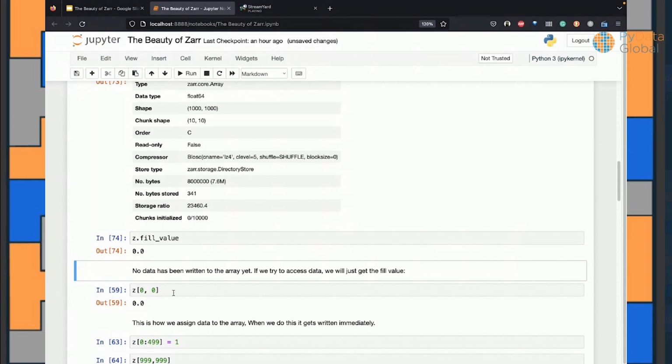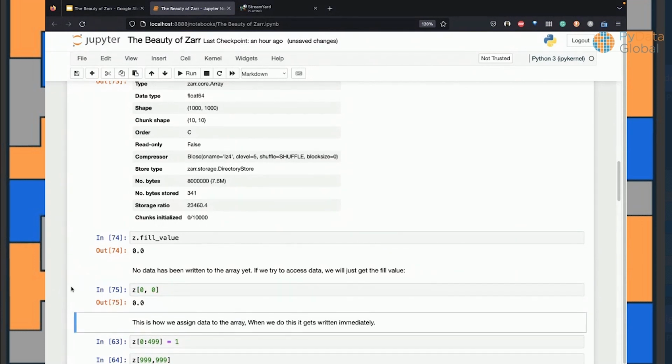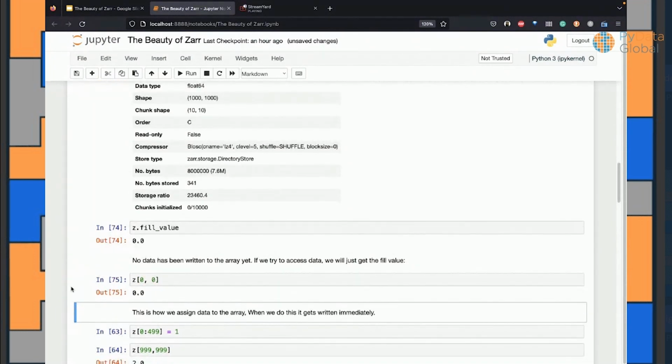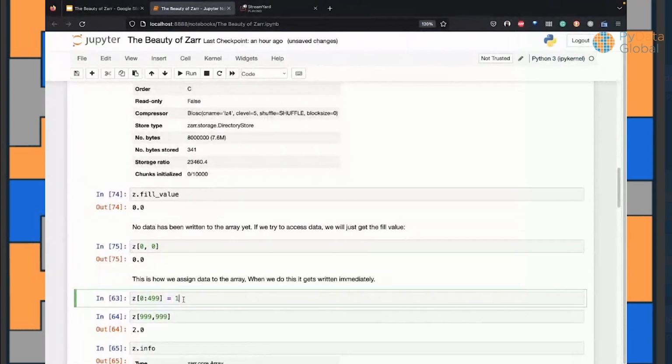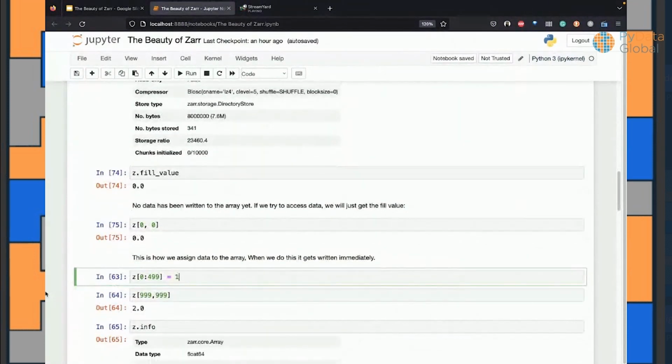So no data has been written to Zarr yet, but if I try to access the data, we'll just get the fill value. Because we used a fill value, which is a default zero, this has been set to zero. So you can see the initial chunk, which is the first chunk, 0 and 0. Now what I'm going to try to do is